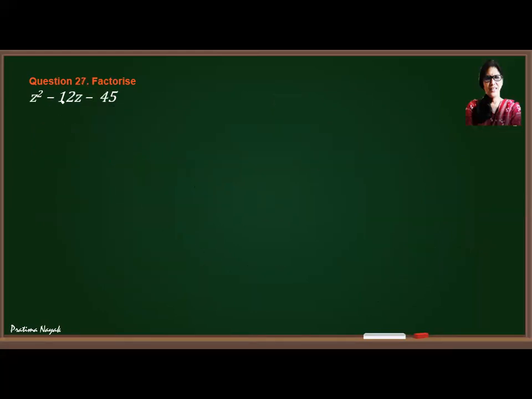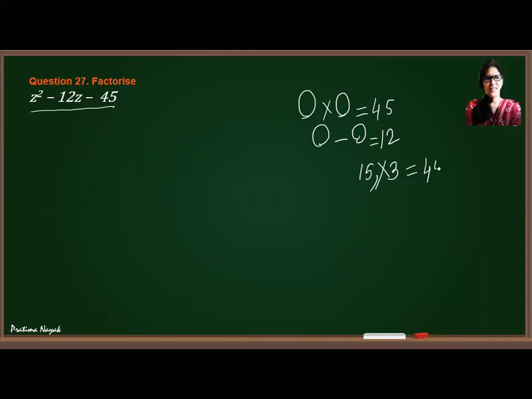Next, 27. z square minus 12z minus 45. So two numbers when you multiply give you 45, and two numbers when you subtract give you 12. Is it difficult? No. It is 15 into 3. 15 into 3, 45. 15 minus 3 gives you 12. So I'll write z square, I'll split your 12 as 15 minus 3